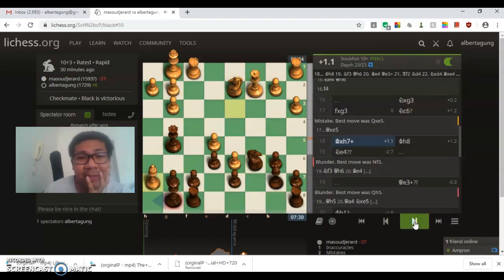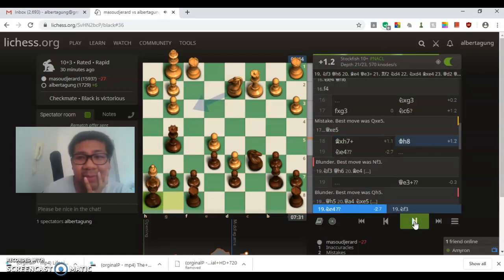Finally, bishop takes h7. I just ignore it by king h8. It's not that deadly, I suppose. And as you can see here, white has an advantage, and I believe it's quite strong for white materially, but I think it's fine for me. Now,